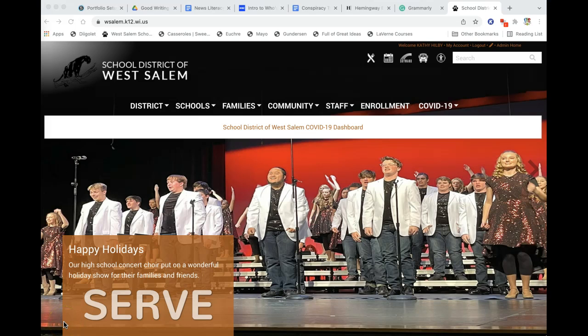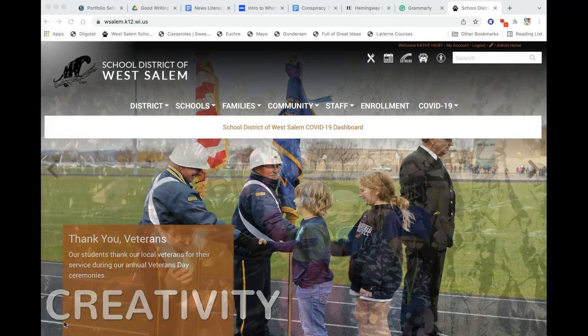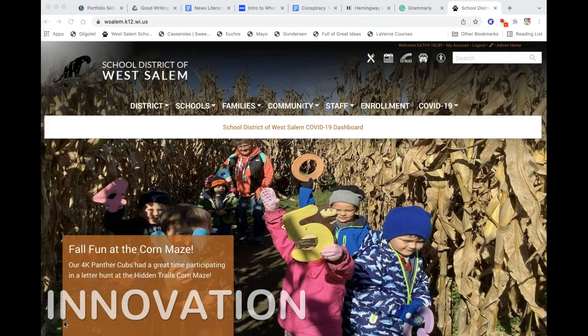For employee information at the School District of West Salem, we use software called Skyward and specifically Employee Access. This is going to show you how you can get into Employee Access. To start with, I'm using a computer to do this. If you are using a portable device like an iPad or a phone, the setup might look a little bit